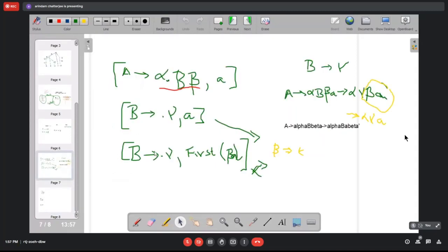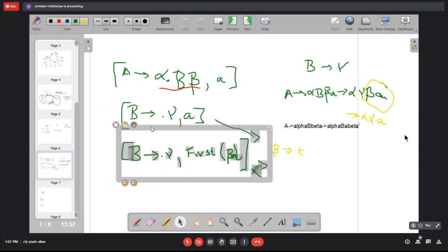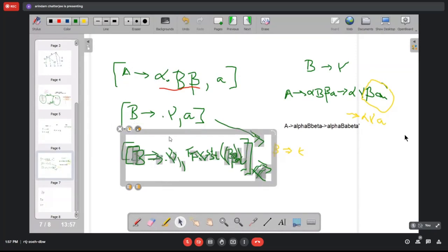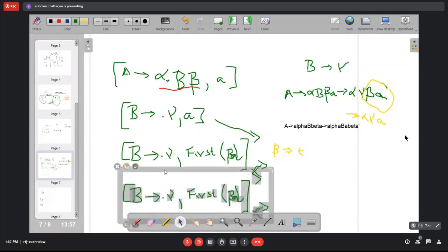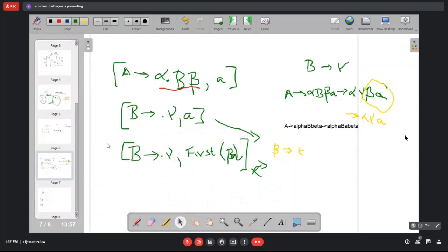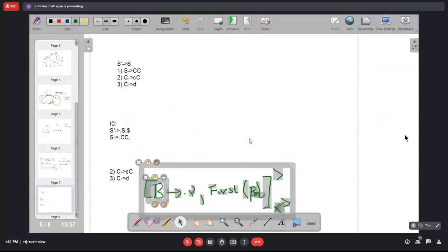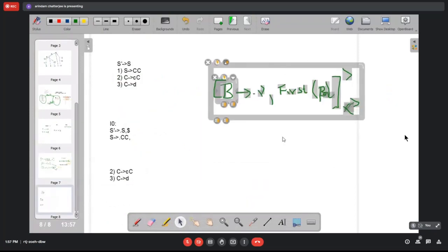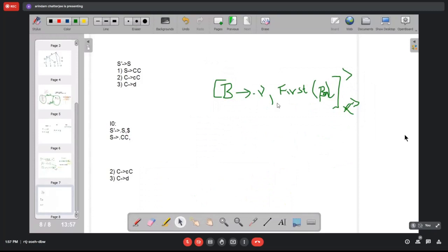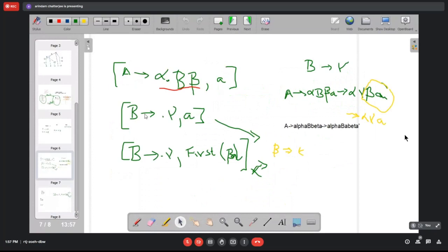Let me copy this rule. This is the rule: B producing dot gamma and first of beta A. And this is the first rule.